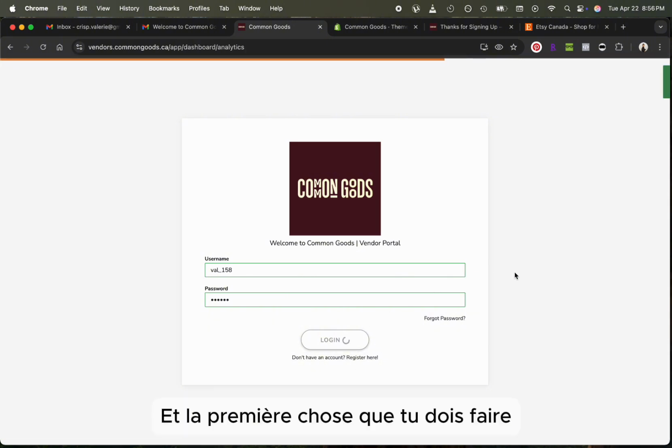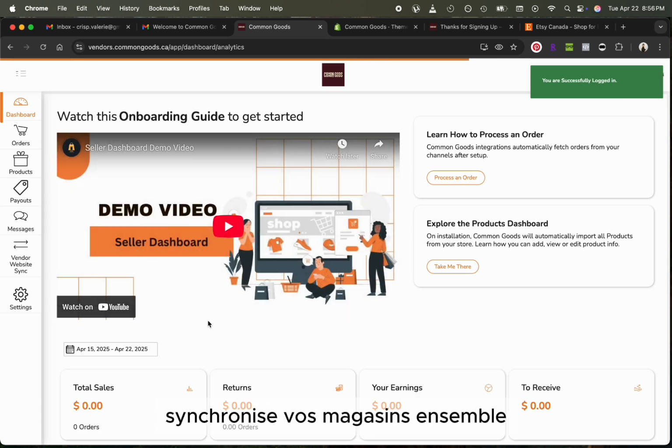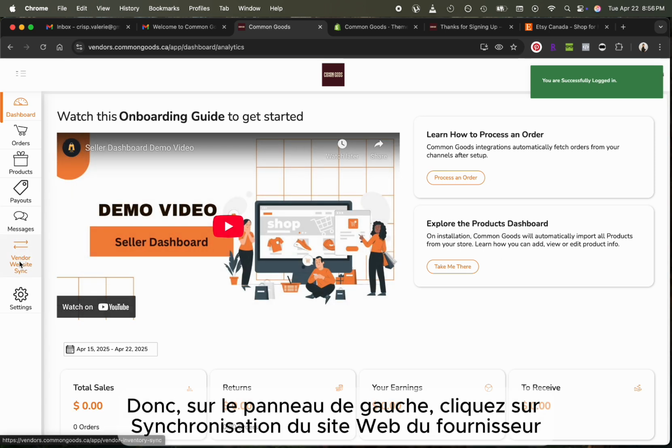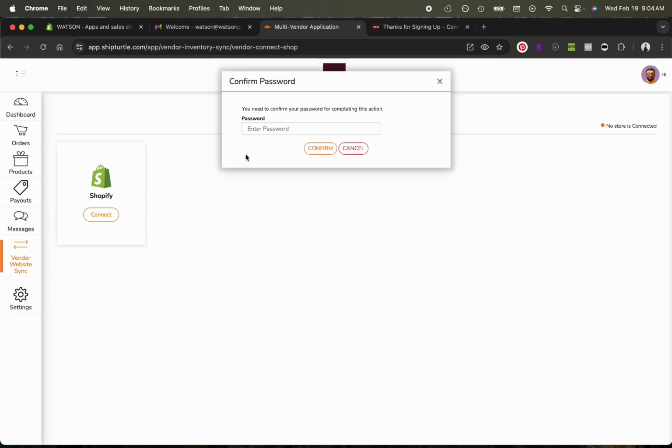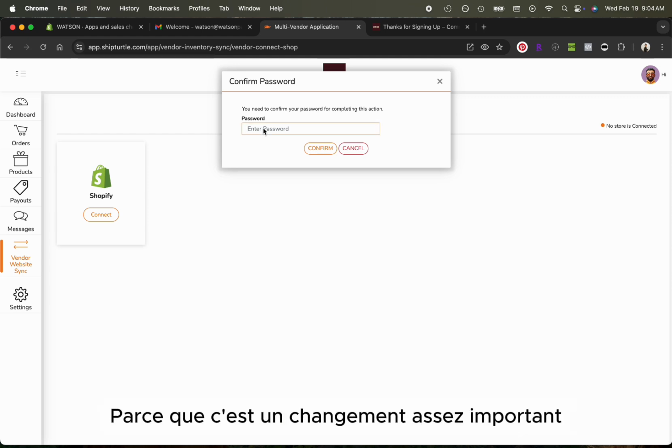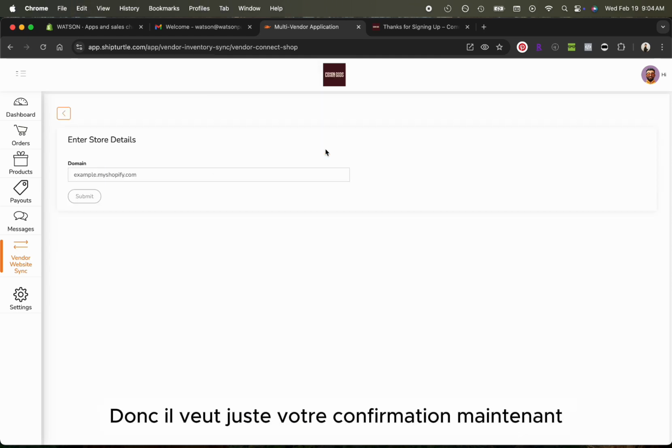And the first thing that you need to do is sync your stores together. So on the left panel, click Vendor Website Sync. And for starters, we'll walk through how to do this for Shopify. It will ask you for your password again because this is a pretty big change, so it just wants your